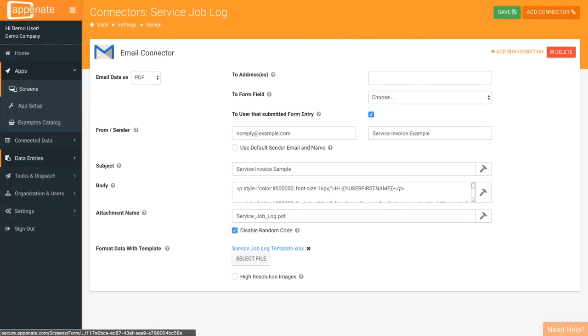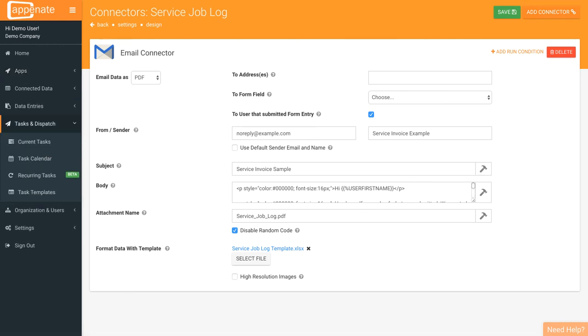Other things you can do with the platform, and a whole area that we're not going to look at today, is the ability to dispatch jobs out to your workers in the field. Not only can you do it on a job-by-job basis, but you can set up recurring tasks, and you can also view a calendar which shows your team members the bookings that they already have and allows you to quickly and easily visualize what's going on with your workers in the field